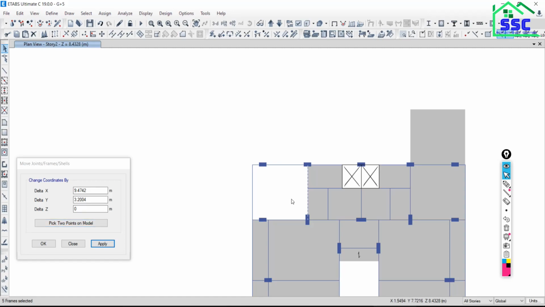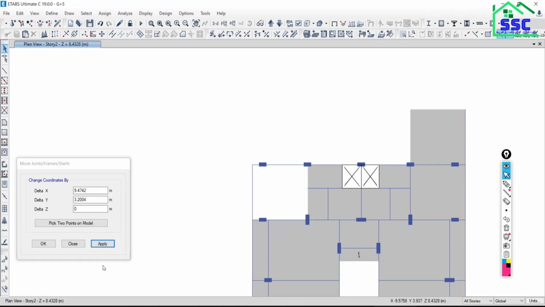So first select the frame, then click over pick 2 points, then click over this first point, and take the reference point to the required point. Click over that and then say apply. So this will finally be executed. Is that okay? Okay, sir. Yes, sir. So this is the other option of moving your joints, your frames and your shells.